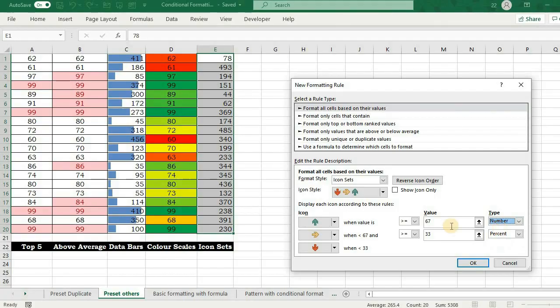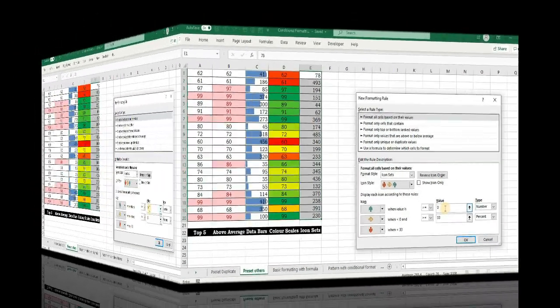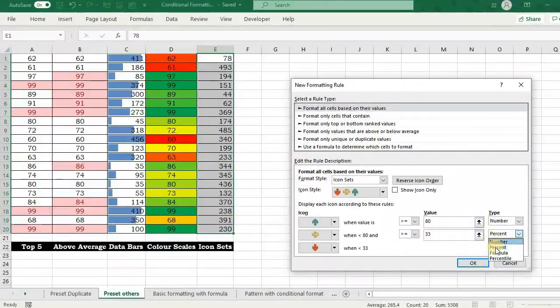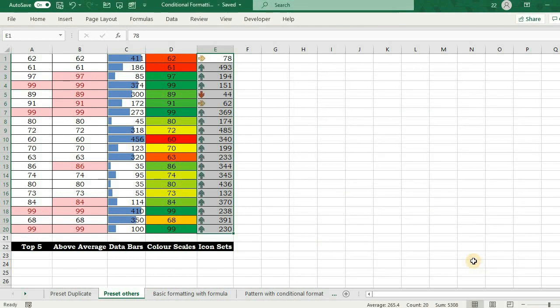I will set a number here and say if the value is less than 80 and greater than say 60, then this. So accordingly you will find the arrows have been assigned.